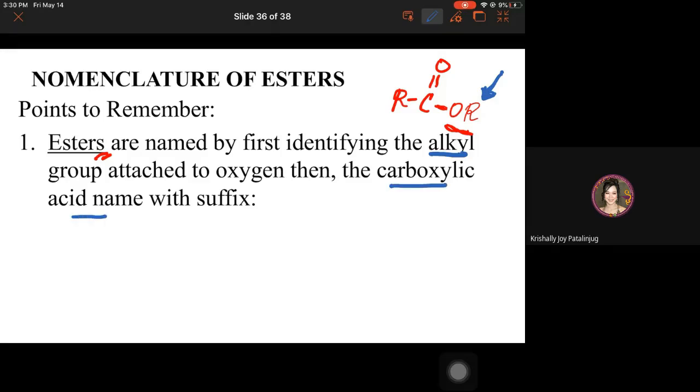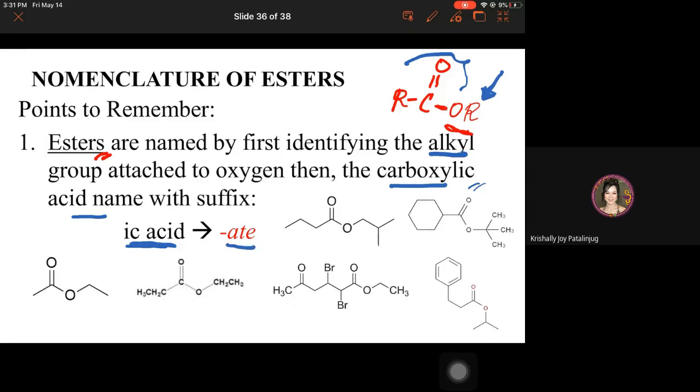So, this next part, you get its corresponding carboxylic acid name, as if it were a carboxylic acid. Make sure to change, okay? Once you have derived the carboxylic acid name, change the ending ic acid from that carboxylic acid name to ate. Okay? To say for example,